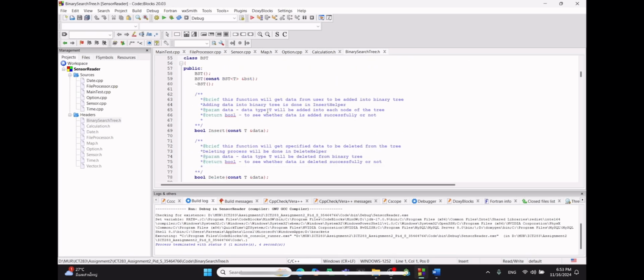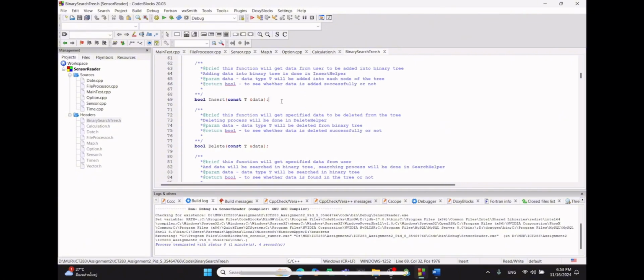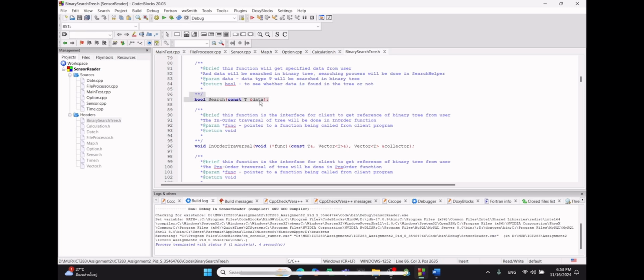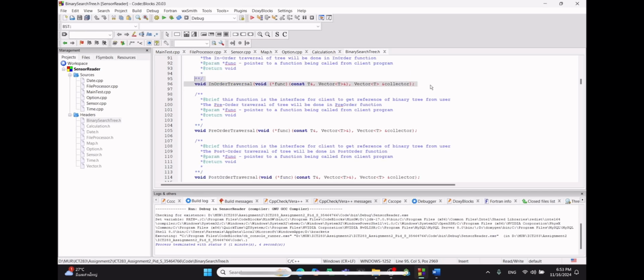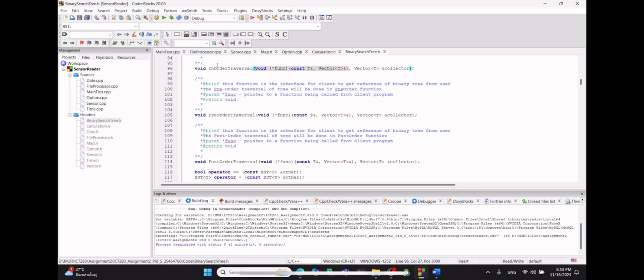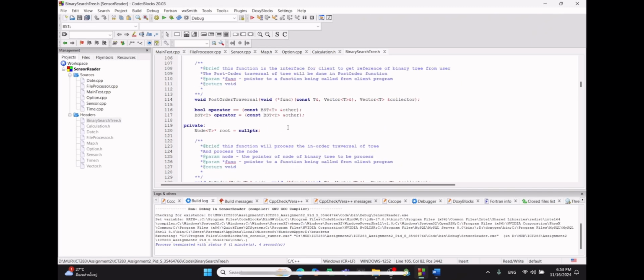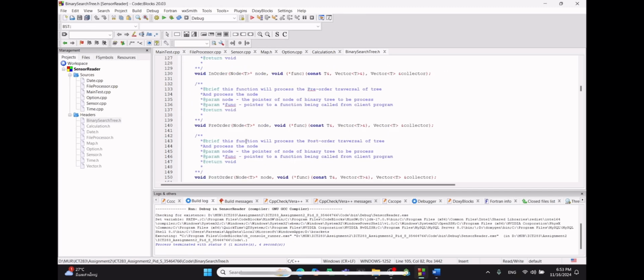So in this program I use AVL3. I have an insert function using recursion, and then a delete function, and a search function to search if the element is in order. This one is a function pointer in order, and then a vector collector. What I use in my program is BST to store the key from the map. The vector will be the collector to collect the keys in the BST. The keys will be returned, and then the root,